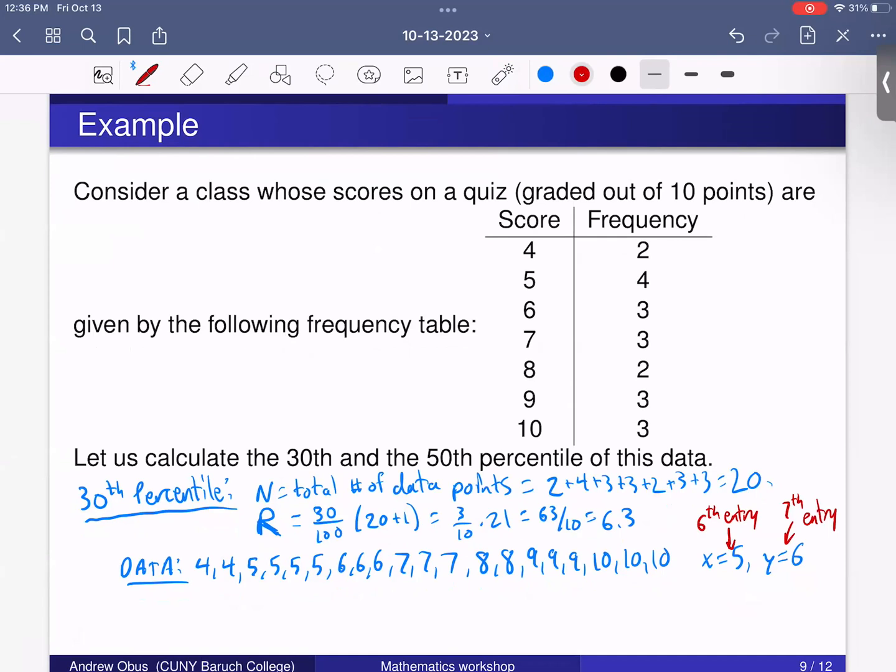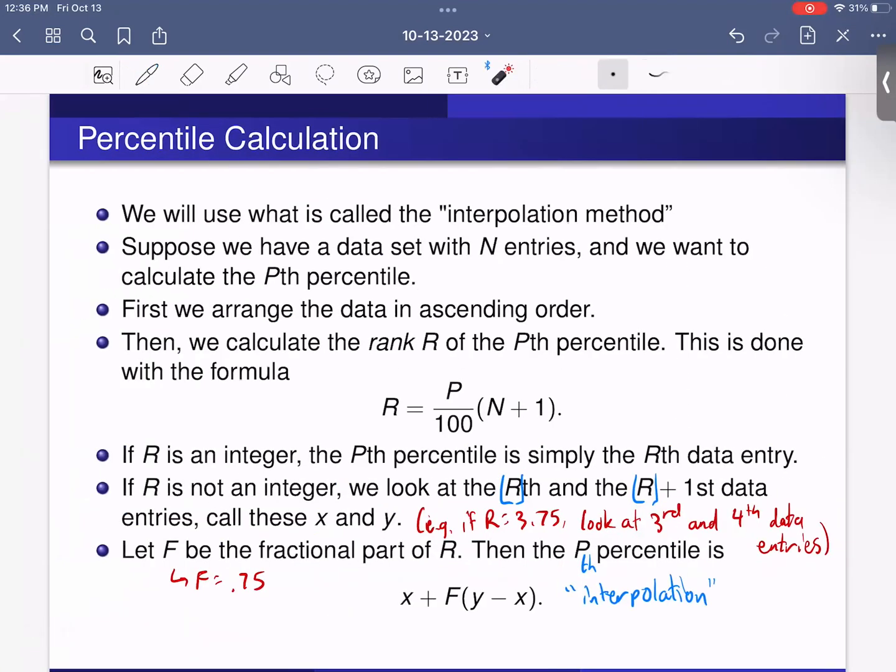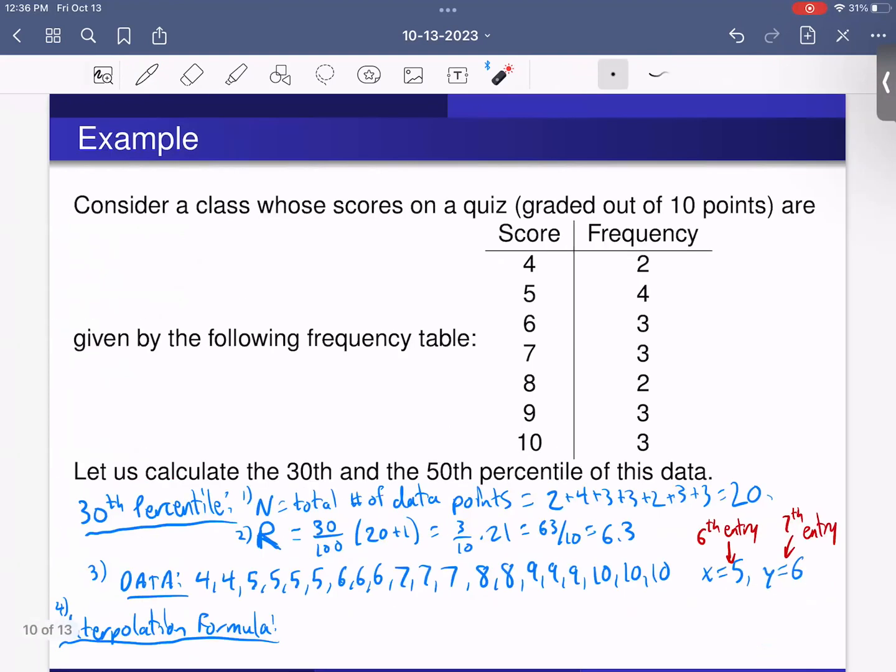And then lastly, we have to use the interpolation formula. So it's really kind of like 4 steps, right? We have to calculate N, calculate R, write out the data, and then do the interpolation formula. The interpolation formula says the 30th percentile is going to be X plus F times Y minus X, where F is the fractional part of R. So in this case, we have X plus F times Y minus X, which is going to be 5 plus,